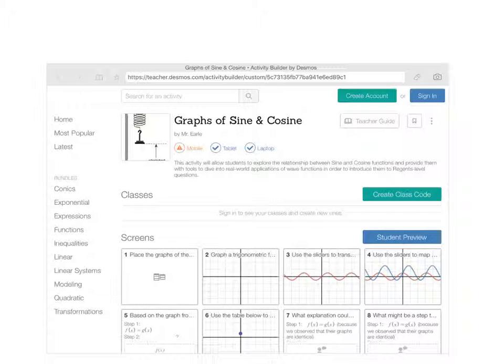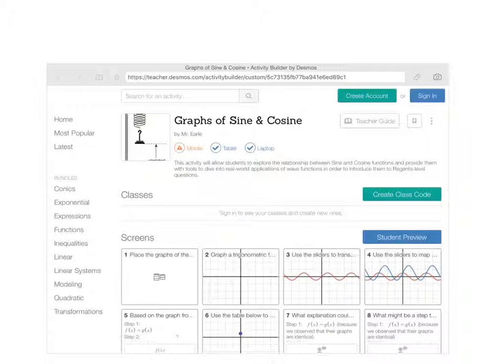Once students have seen this behavior and have access to this slider graph, I will usually give some sort of activity, something that allows them to explore a little deeper and maybe make some connections between one type of function and another type of function, or connect to the real world. So in this case, I assigned this activity, which allows students to explore a little bit deeper into the relationship